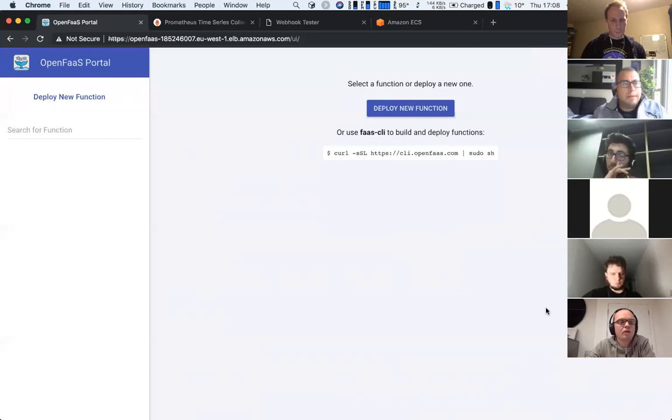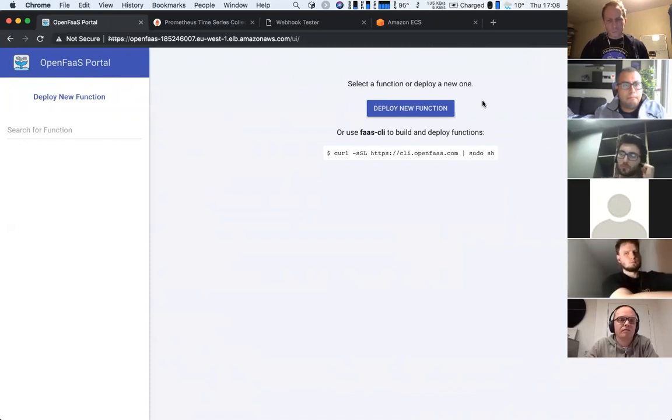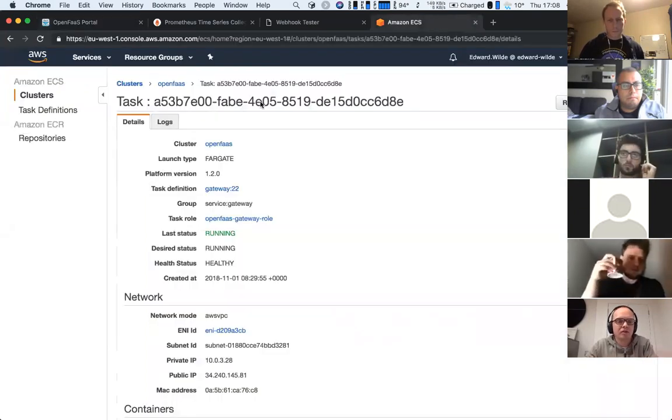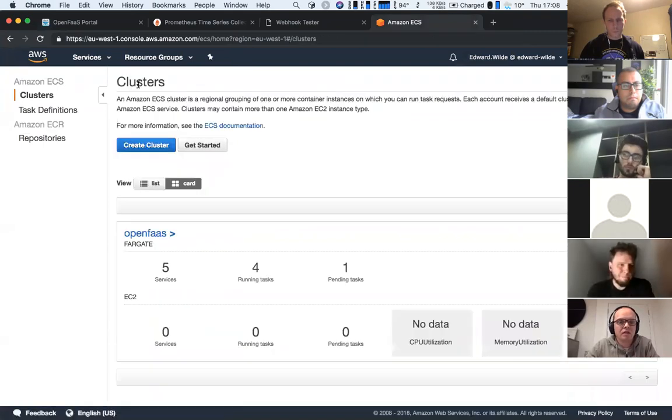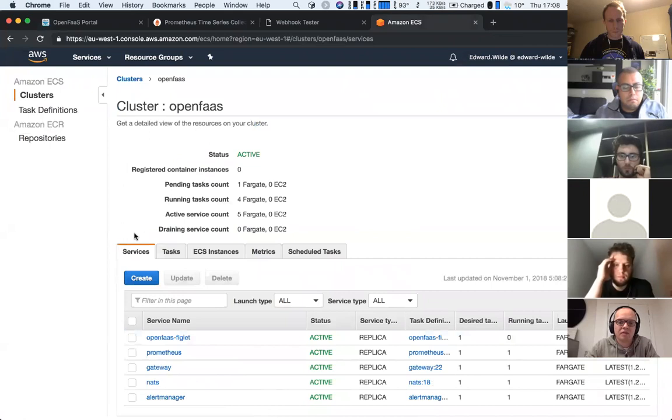One of the things we discovered with Fargate is it's not super quick to spin up a service from scratch. I'm going to go through a few of the components in the Fargate system, but once it's up and running, it's not too bad to go from 0 replicas to 1 or to scale up, but there's a bit of a lag for the very first defining of the service.